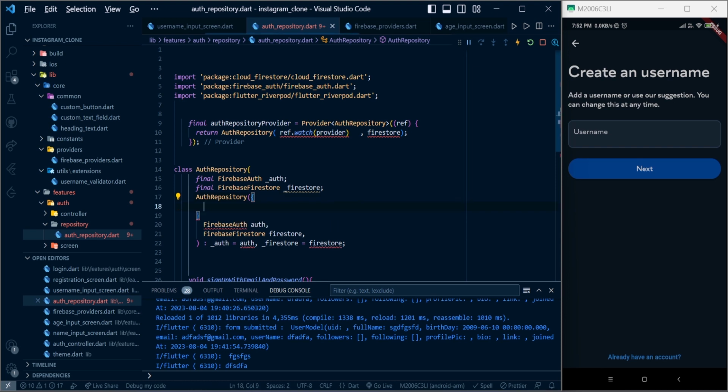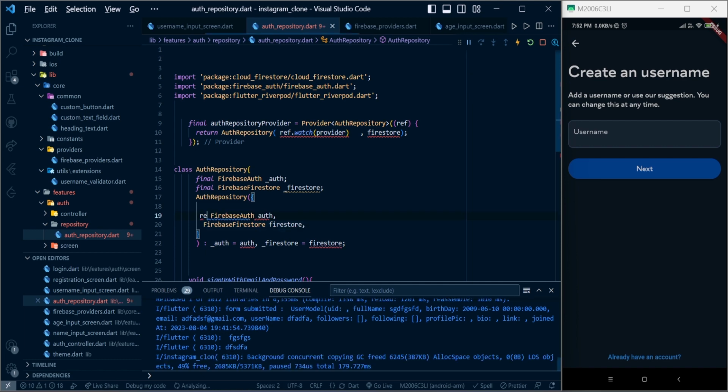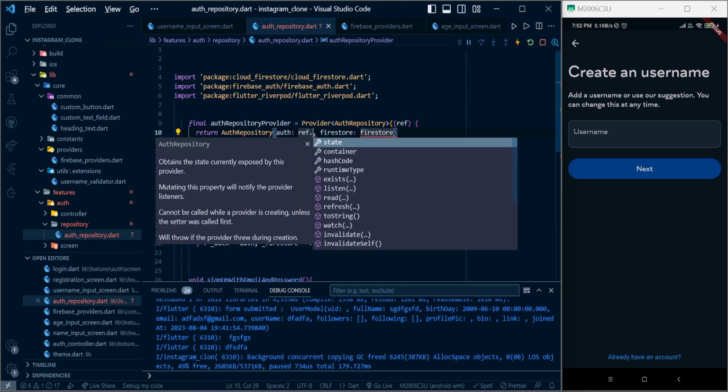One second, let's move this above, and we can write required here and required here. Now what we can do is, let's remove this, and we can return auth repo, and now we can use ref.watch,